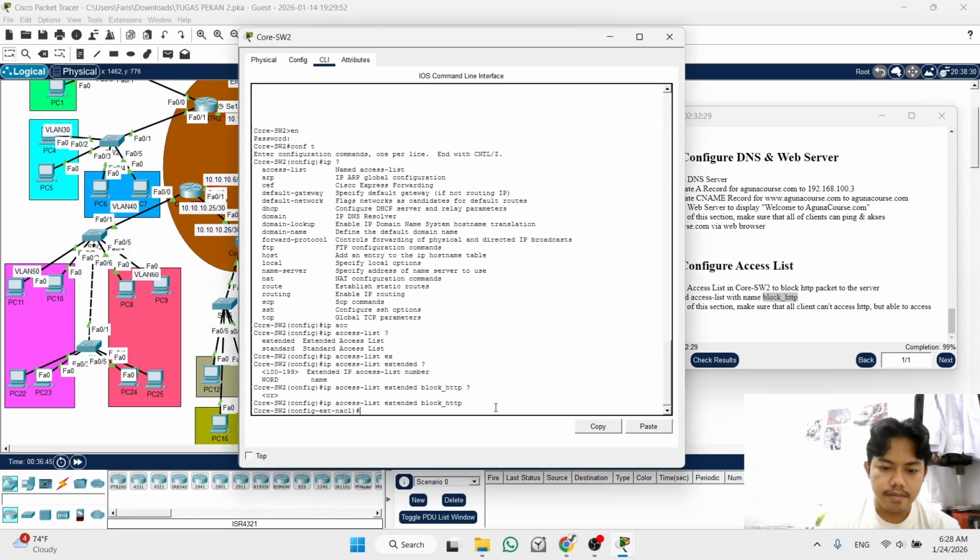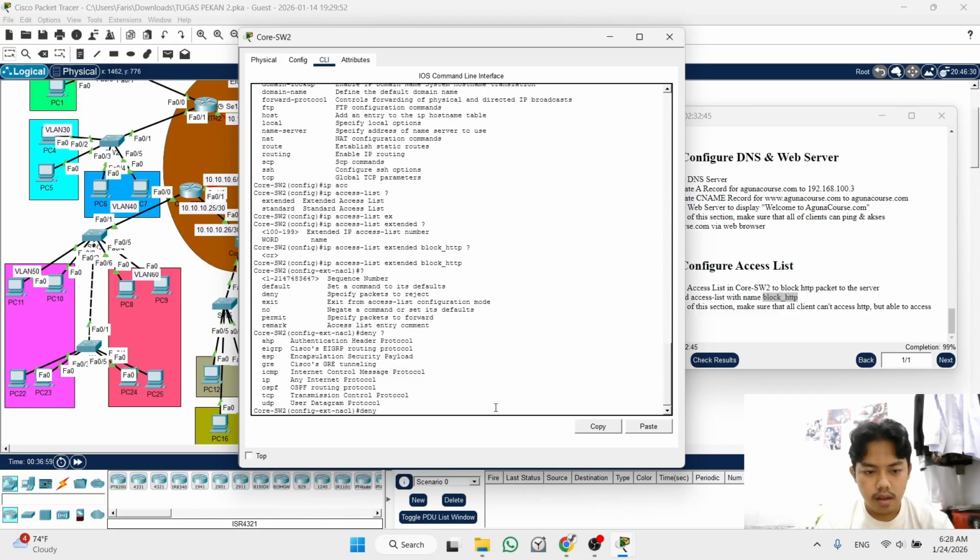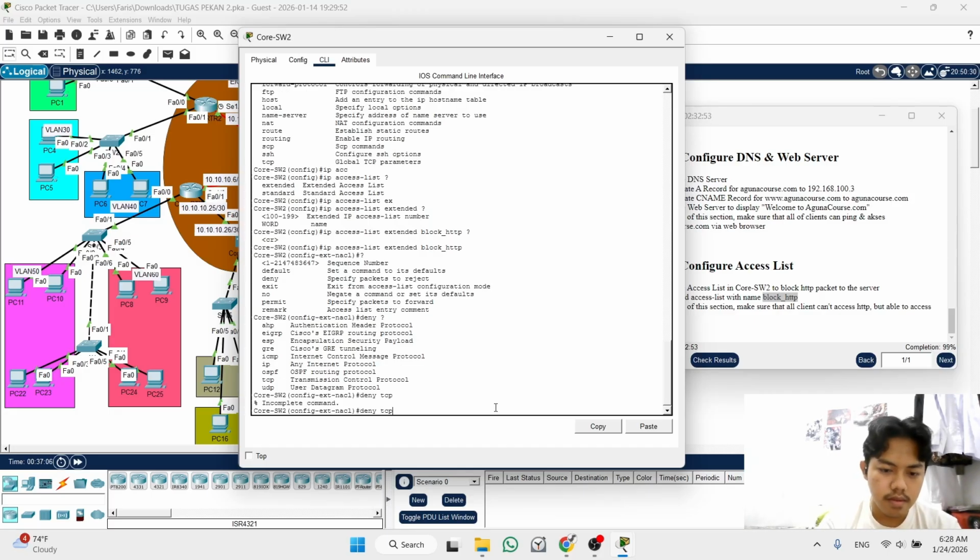Then enter. Now you will configure to block our client from accessing HTTP. Okay, you write deny, after that you write TCP.